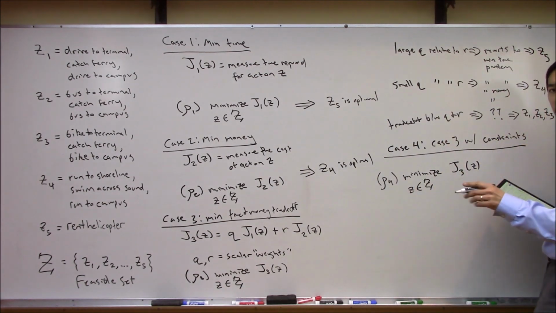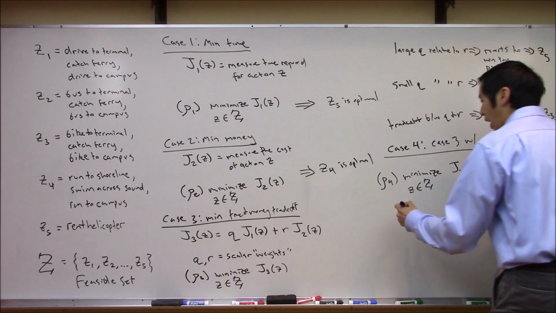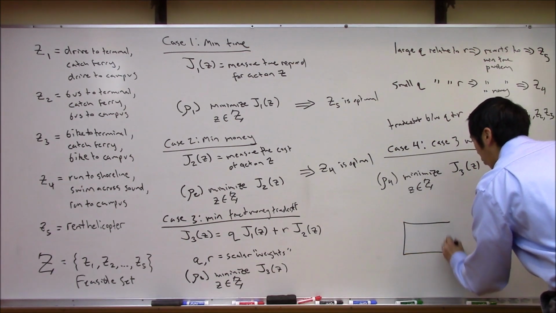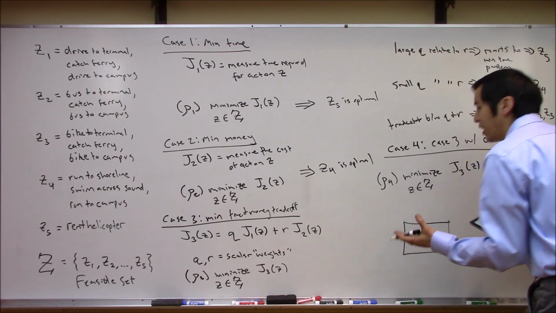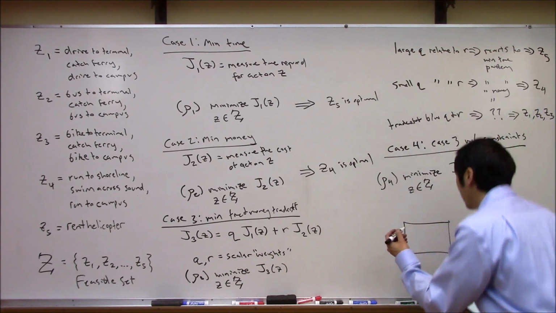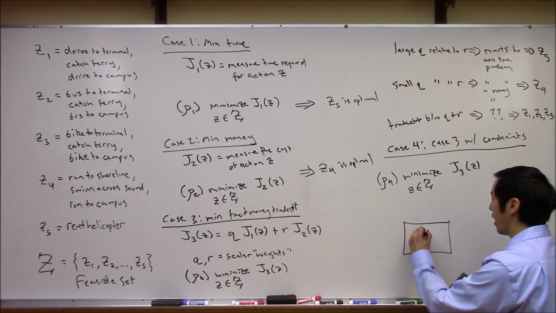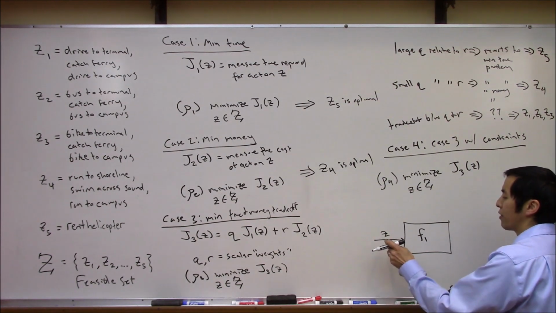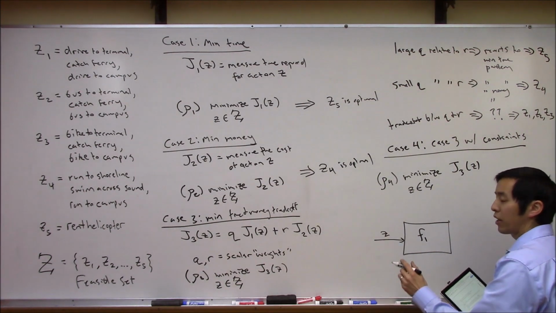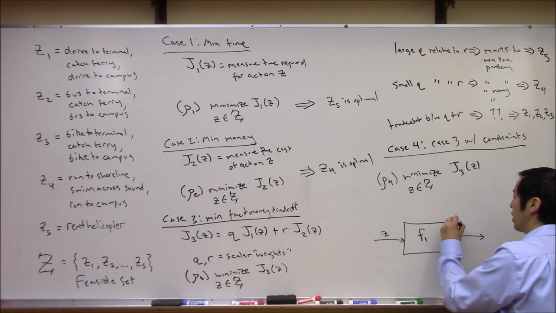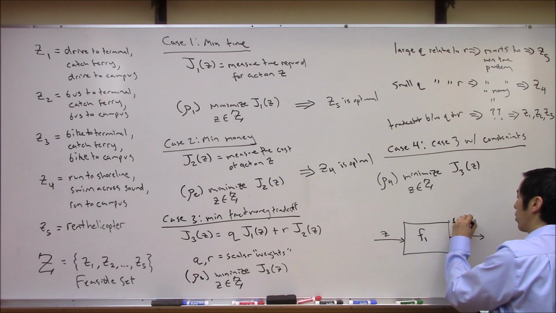And I'm going to tack on some additional constraints, as something like, what if I say I want to make some kind of requirement here that I need to get 30 minutes of exercise during my commute or more here. So what I'm going to do is make up a function, let's call it F1 here, right? Where F1's job is that you put in an element out of your feasible set, and what this measures is the exercise time